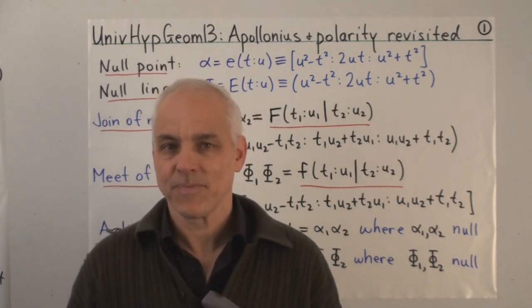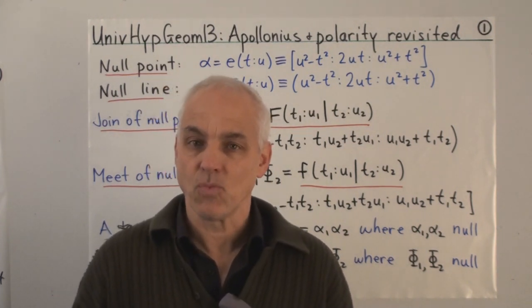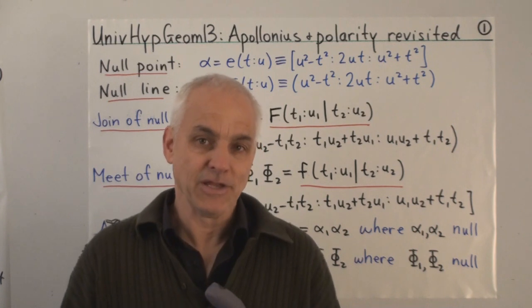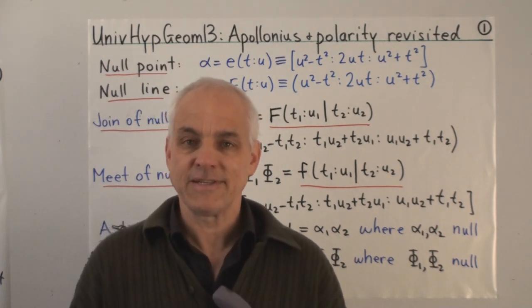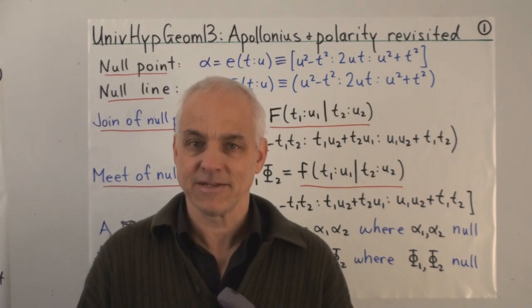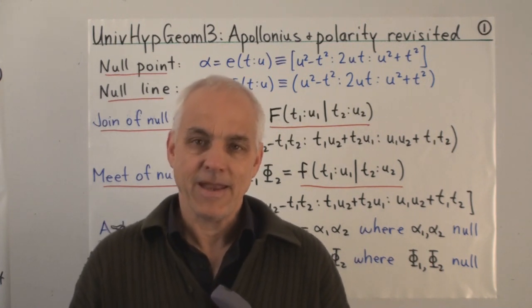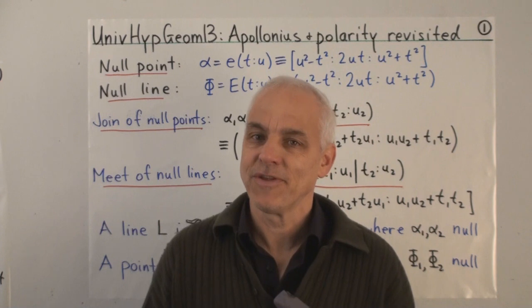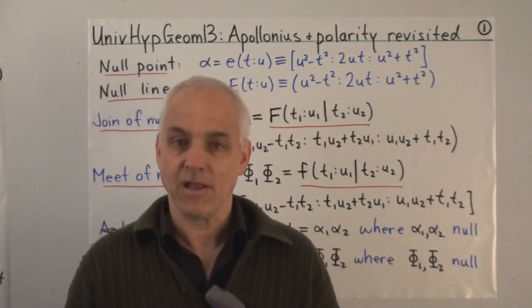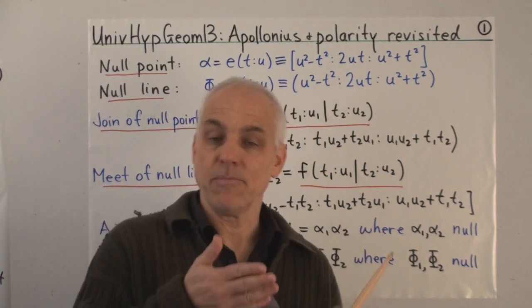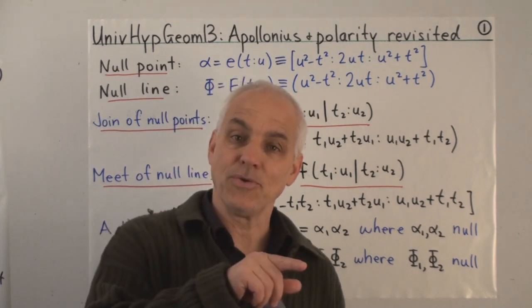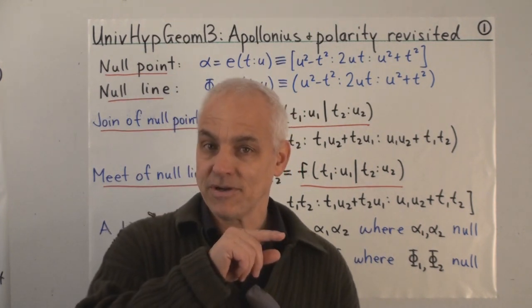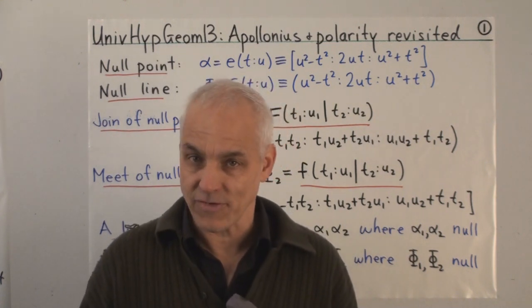I'm Norman Wildberger. We have now established what null points and null lines are in universal hyperbolic geometry. These are central objects in this theory. And now that we have very explicit formulas for not just the null points and null lines, but also the lines and points determined by their joins and meets, we can go back to the first topic in this course,